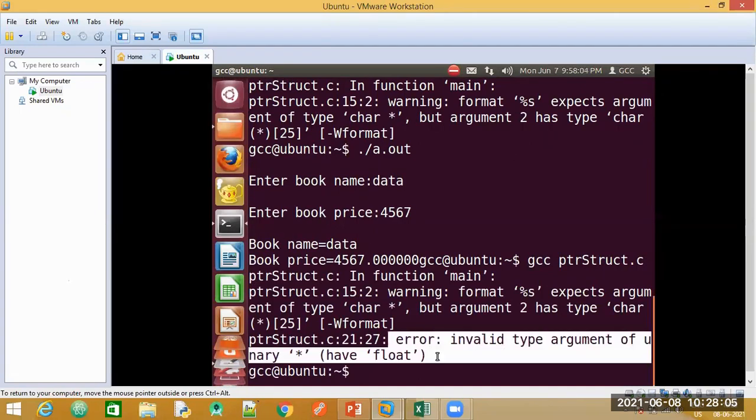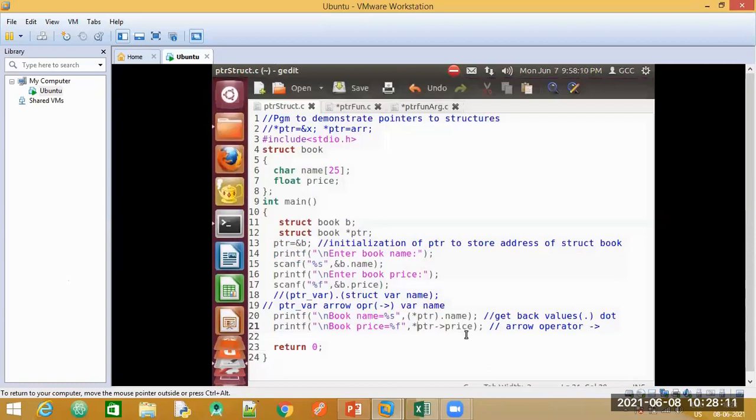Yes, ma'am. Right? So the syntax of this is without the asterisk operator. But that is why you have these two methods. If you are not making use of the arrow operator, you will have to make use of the asterisk, because asterisk indicates the content. So similarly here we are trying to fetch the content.